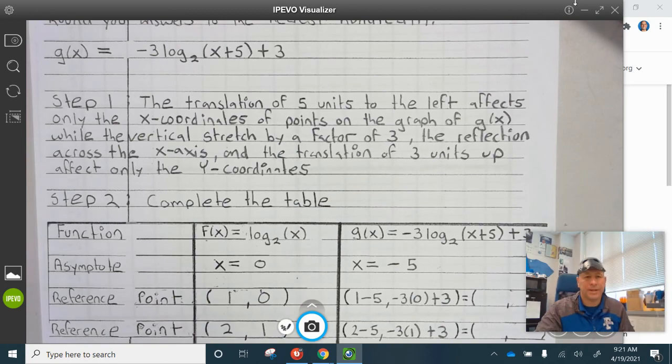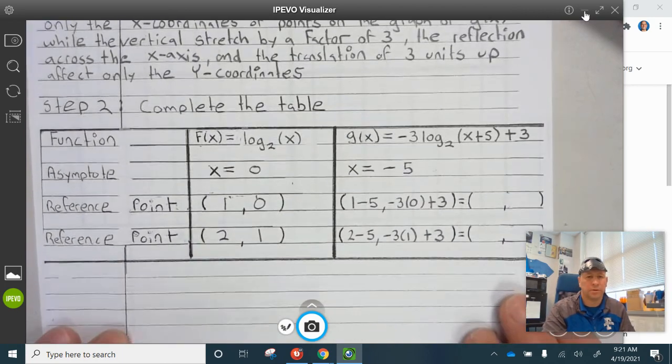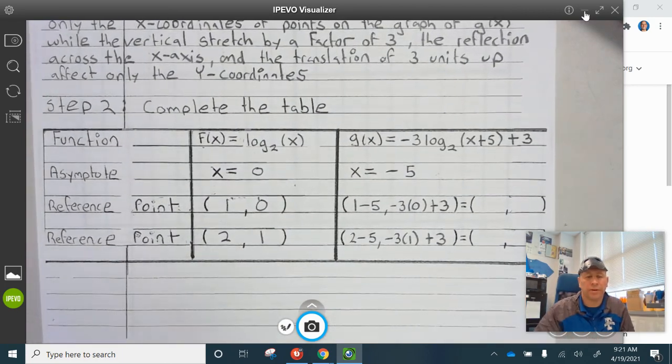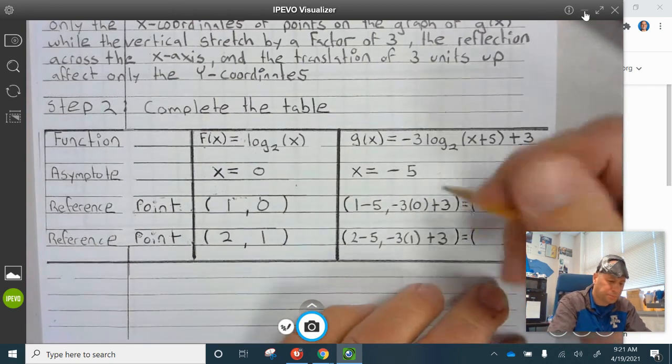Step 2. Complete the table. Okay, so when f(x) = log base 2 of x, the asymptote is x = 0, and the reference points are (1, 0) and (2, 1). When g(x) = -3 log base 2 of (x + 5) + 3, the asymptote is x = -5, and the reference point 1 - 5 is -4,